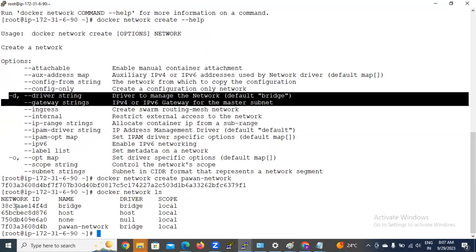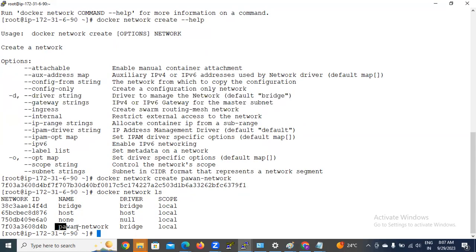So the Pawan network name is created, right? Network name, and the type is bridge. So it means if you are not providing any options, by default it is created under the bridge network, and the bridge network has a